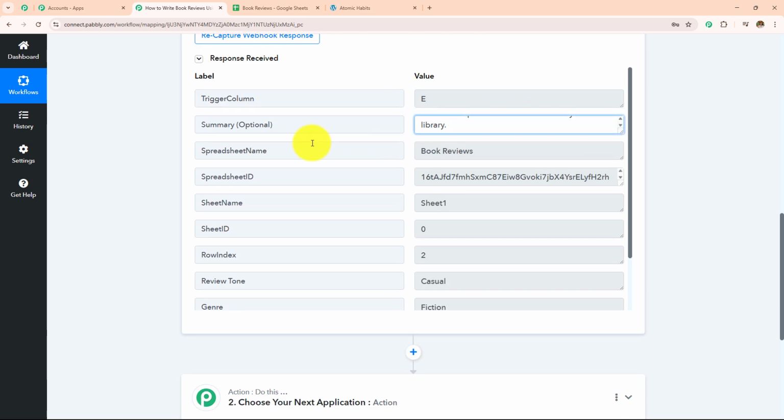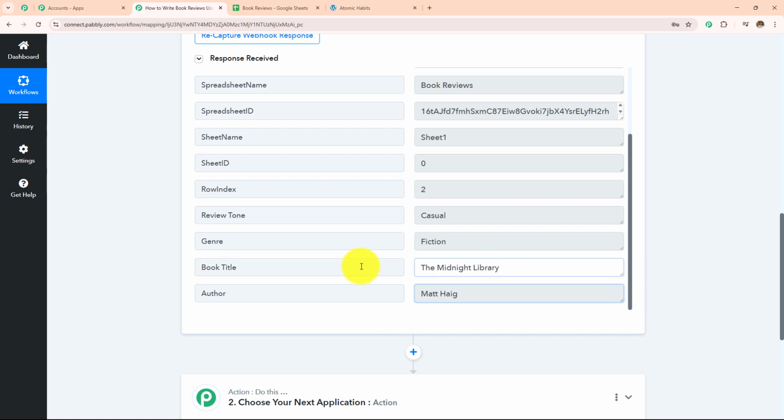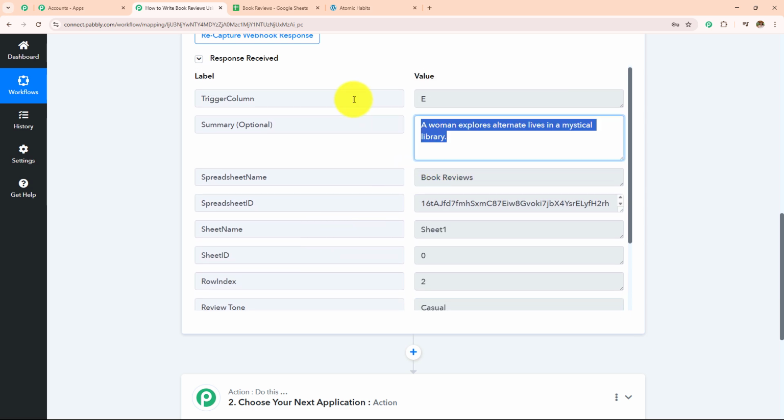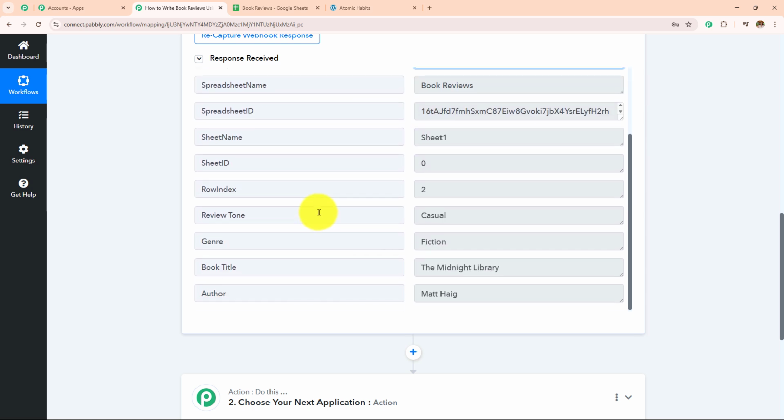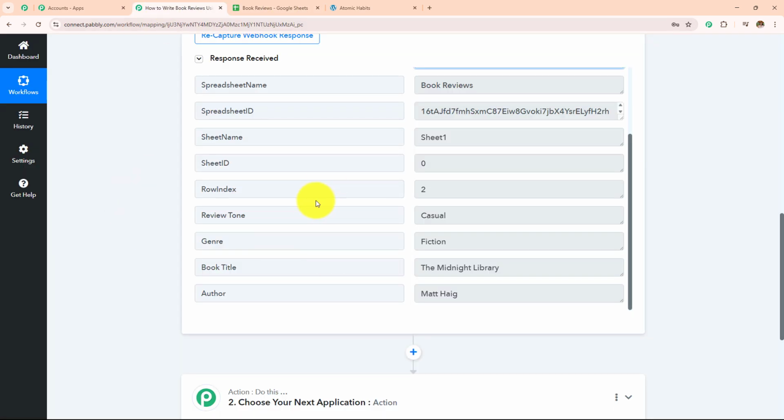We have received all the rows data which we have added in the Google Sheets. The spreadsheet name was book reviews, and here are the rest of the details. The book title was The Midnight Library. The tone was casual, and here are the rest of the details. Here, as soon as I've added the details, I have received that response in this workflow, and this shows